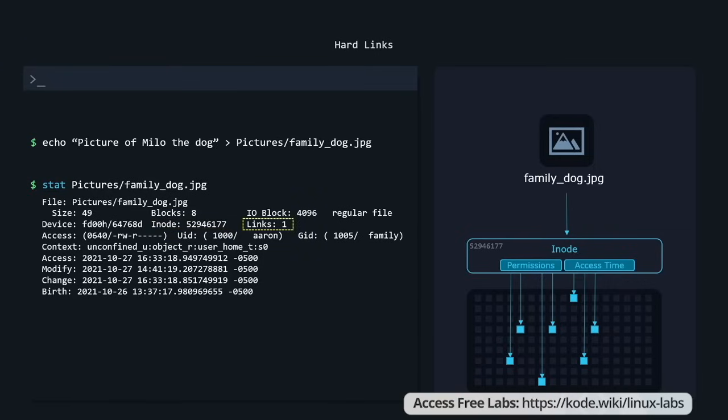And finally, we're going to get to what interests us here. We notice this in the output of our stat command. There's already one link to our inode. Yes, there is. When we create a file, something like this happens. We tell Linux, hey, save this data under this file name, family_dog.jpg. And Linux says, okay, we'll group all this file's data under inode 529.46177. Data blocks in inode are created. We'll hard link the file family_dog.jpg to inode